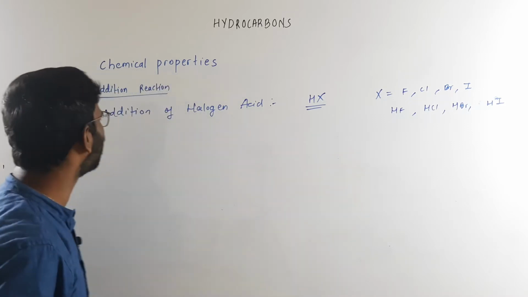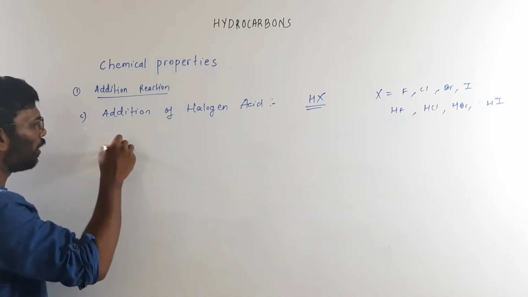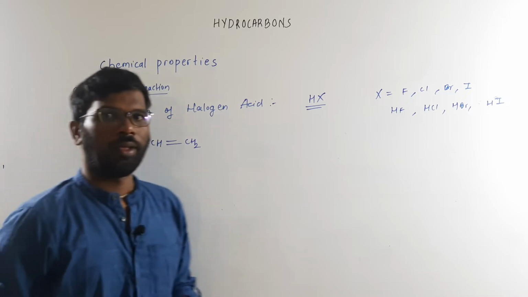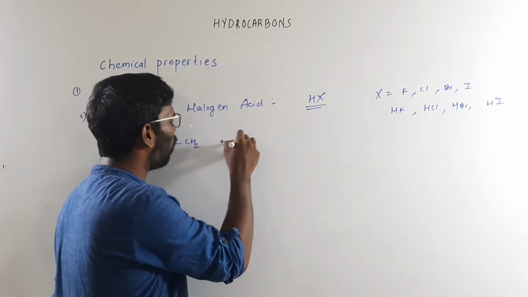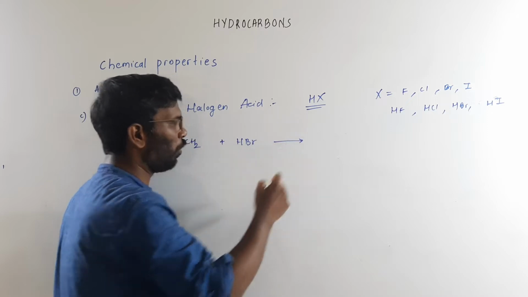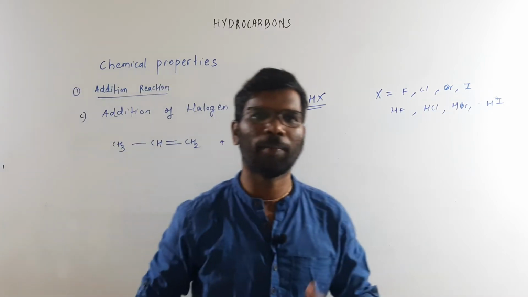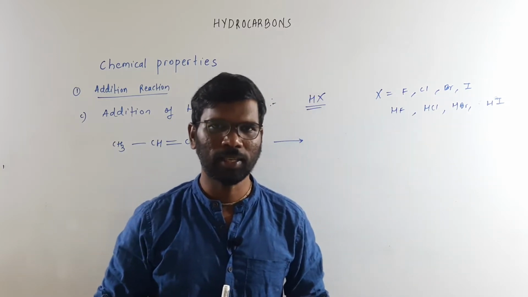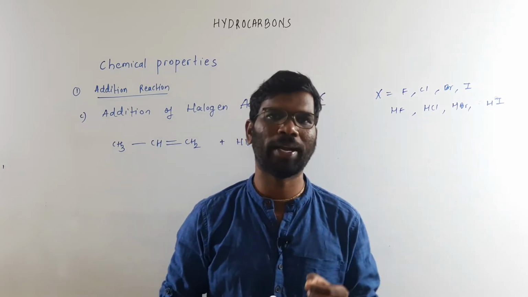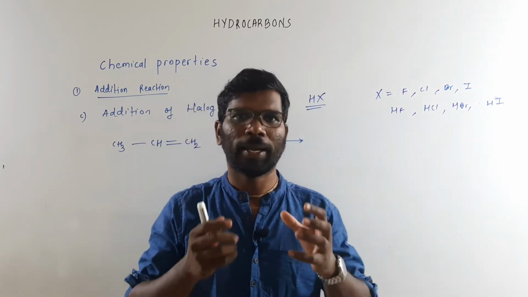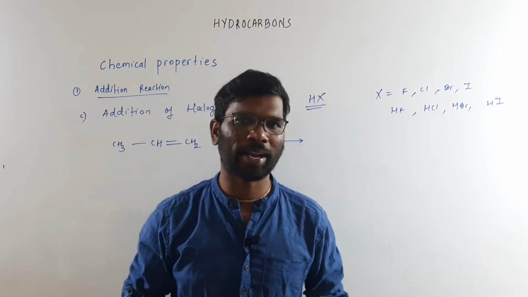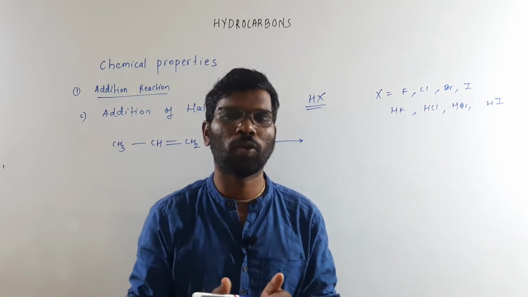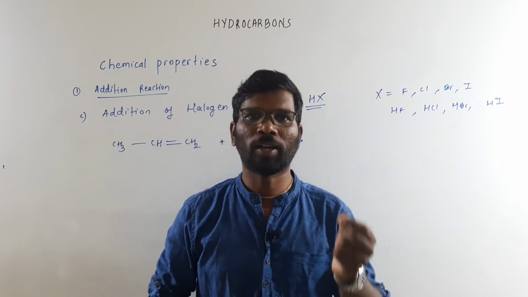Now coming to the addition reaction, let's take an unsymmetrical alkene only, CH3, CH, CH2. Now if you add HBr, let's see the product you are going to get. Whenever there is a reaction, there is always a major product and a minor product. The major product is the one which is more stable and the minor product is the less stable. The major product will always be formed depending upon what type of intermediate is formed. If the intermediate includes a carbocation, that is the product you are going to get where you get a more stable carbocation.